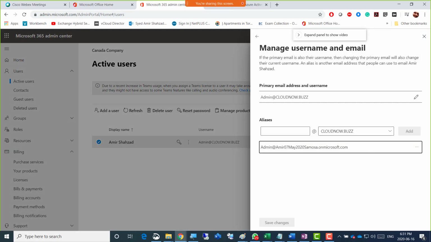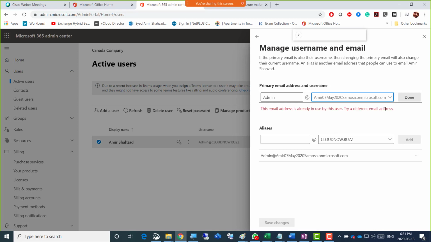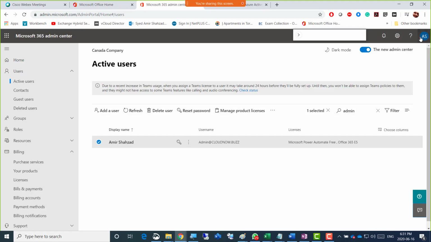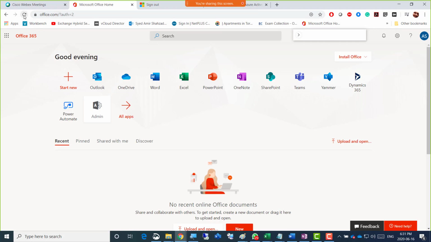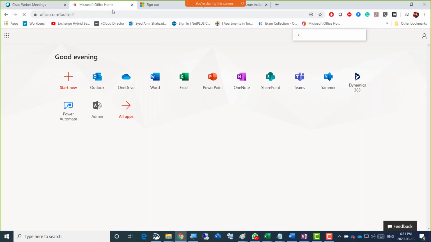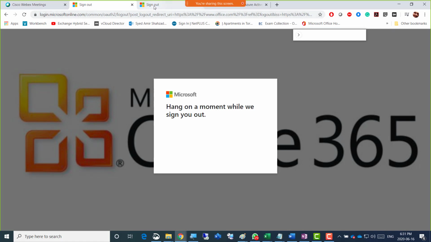Change the primary email. So if I just go there, I should be logged out, right? So if it's there, yeah. Or induced by user, try a different email address, and do I have another email address by that name? So again, I have to log out, right? So I should be logging out and doing that. But if there is another, normally I used to do that. That's what I remember. But yeah, if they have come up with some other, we can do that. So I'm gonna refresh that, and it's out. I'm out. So I'll just log out from this, change it, and then log in from global admin, right?